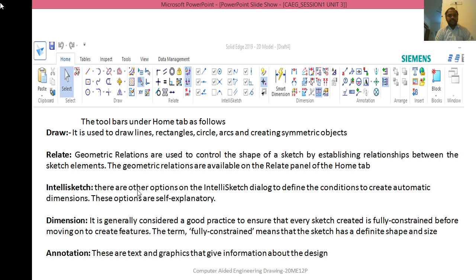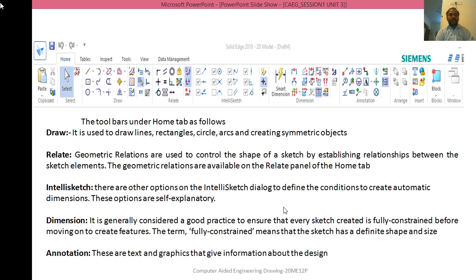Next, IntelliSketch has other options in the IntelliSketch dialog box, and it defines the conditions to create automatic dimensions. These options are self-explanatory. Dimension is used to create a dimension of each element in the drawing, and this ensures that every sketch which is created is fully constrained.